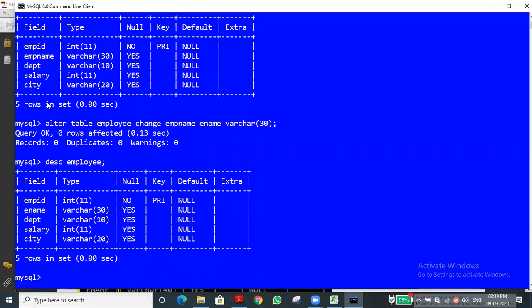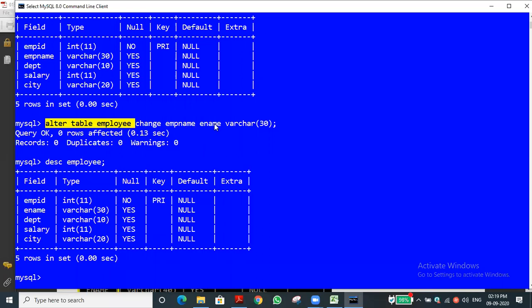Now you can see this. What is the query? ALTER TABLE, we are making the alteration. Which are we doing? We are changing the name. That is the keyword. ALTER TABLE table name, we are doing the changes. What changes? Before, EMP name was there. Now we made the change. Instead of EMP name, the column name will be ename.